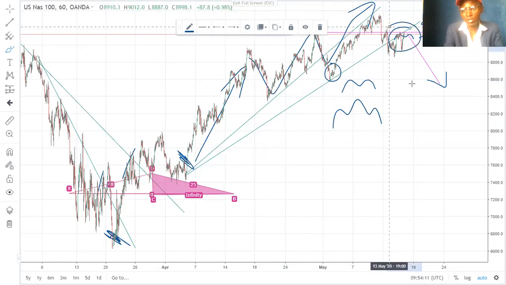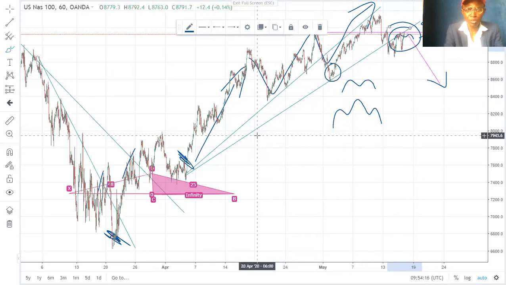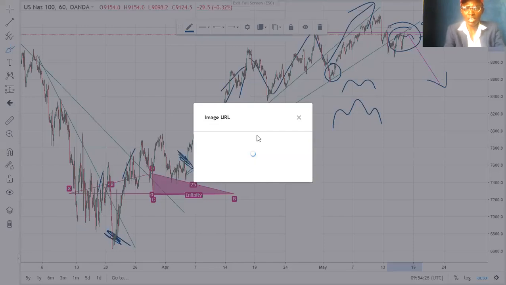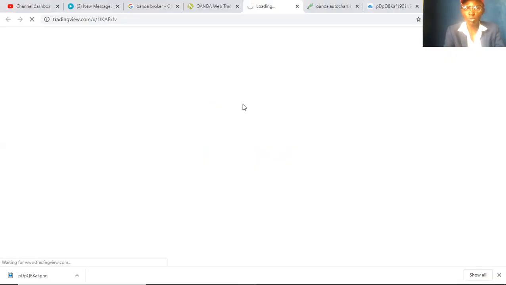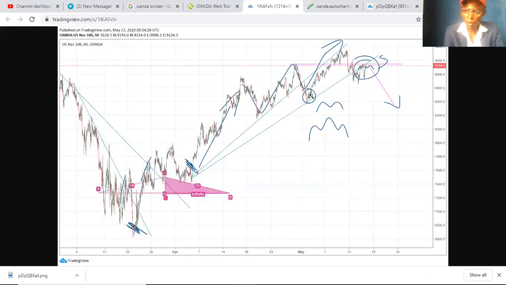This is the reversal that I was trying to talk about earlier on a bigger time frame. So it's pretty simple, guys. There is nothing difficult about this. It just needs your brains. Let me explain quickly how you can capitalize on Nasdaq. You need to know exactly where to place your trades, because if you don't get it right, you are not going to win.